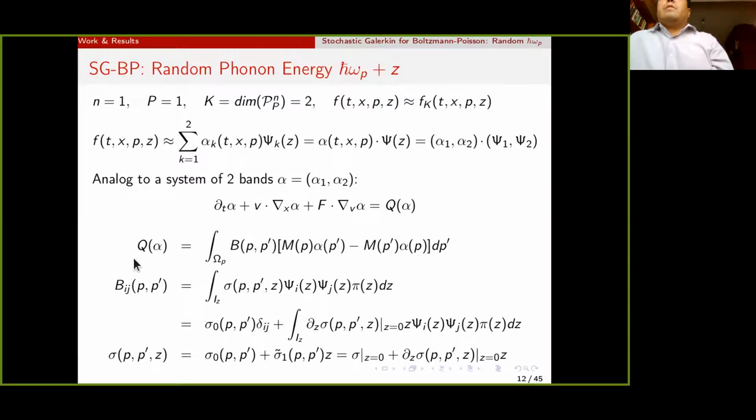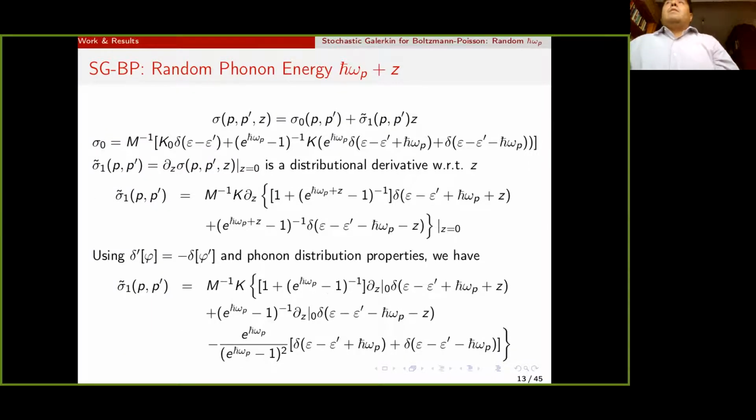Basically, it has the commonalities where you have a new collision operator, where the scattering kernel is obtained by integration in the random variable. And what I'm doing here is a little approximation, sort of like a Taylor expansion in the random variable, where I have first a non-random sigma 0 term, and then one which is linear in terms of the random variable. And what the coefficient sigma 1 hat is representing is like a derivative in terms of the random variable. However, we have the Dirac delta, so this is more like a distributional derivative, or ultimately that's what